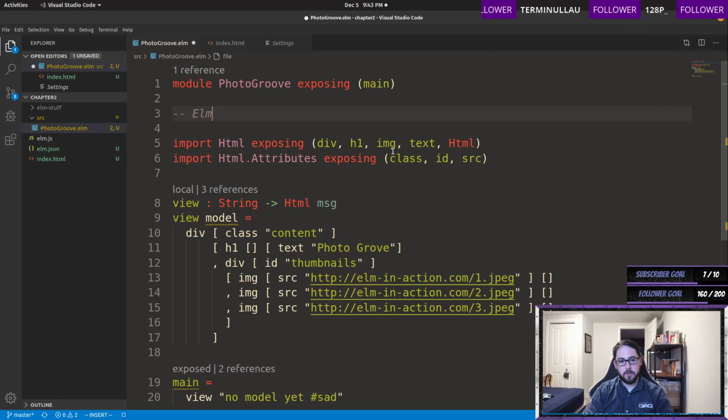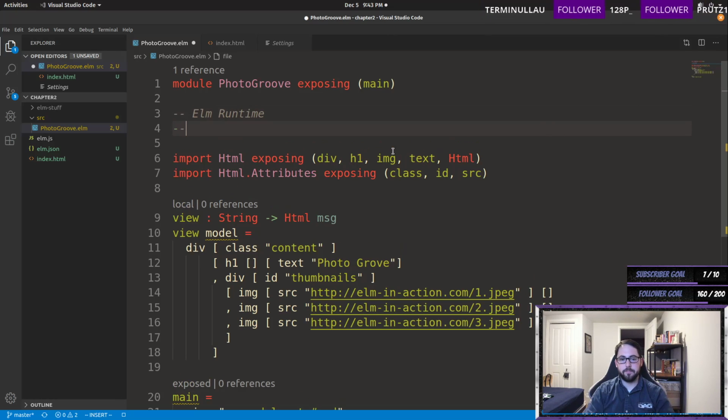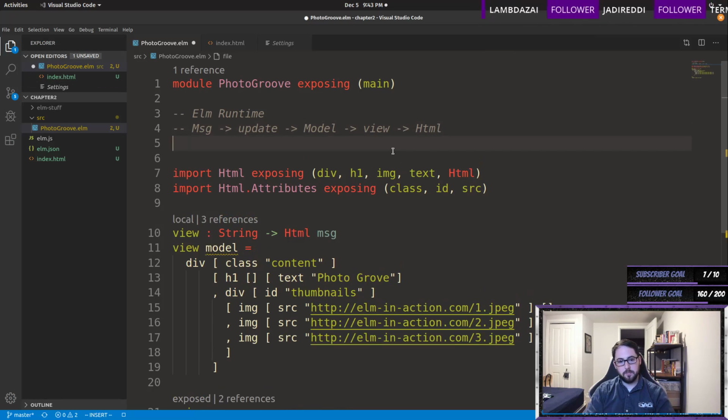So the Elm runtime is an update, model, view, something like this. So Elm, I'll just call it ER,